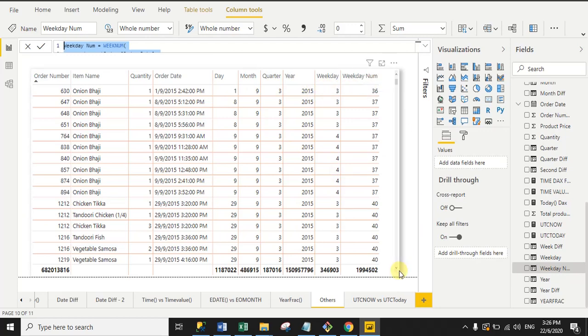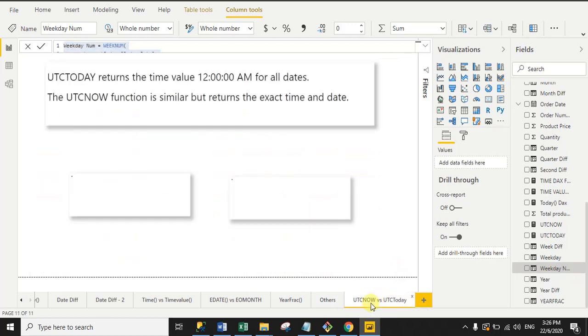Now move to the next DAX functions, UTC today and UTC now. Both are simple DAX functions, both return the date and time, but with one difference. UTC today works like today, it will return only the date and returns the default time, you can see here. And UTC now works like the now DAX function, it will return the date and time.